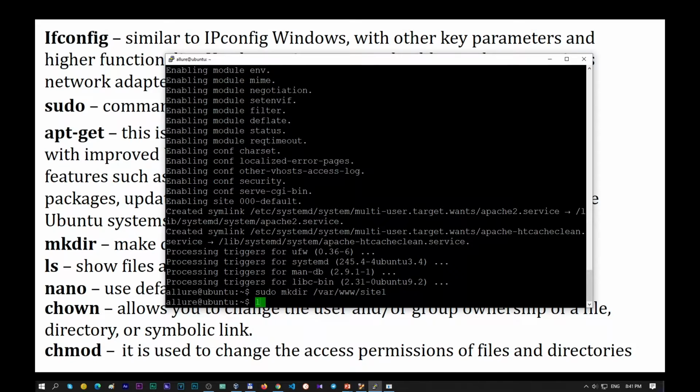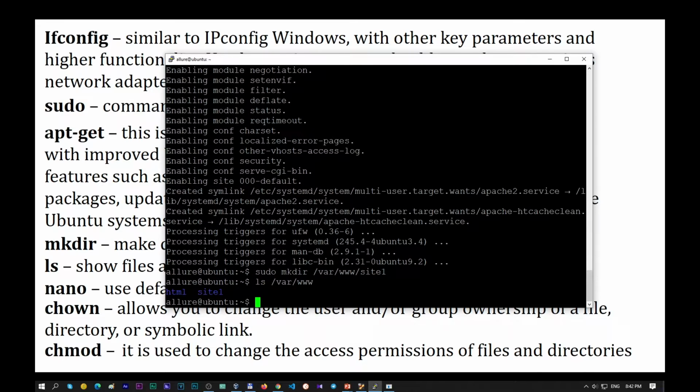Let's check it out with the ls command. ls /var/www, and as you can see, site1 is already there. So now we assign rights, 755. It allows us to change the access permission to 755, and after that we need to use the chown command